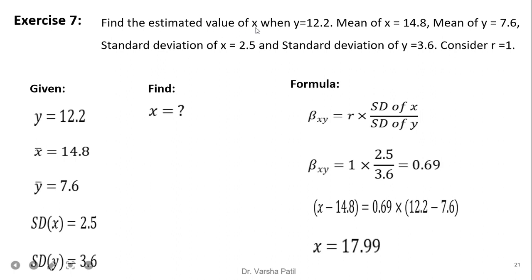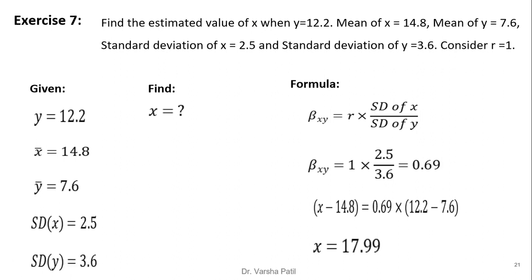Find the estimated value of x when y is equal to 12.2. So here from the problem we have to understand that finding the estimated value of x when y is equal to 12.2 means we are predicting the value of x, that is, y is the independent variable and x is the dependent variable. We will get a particular equation and we put in the value of y,